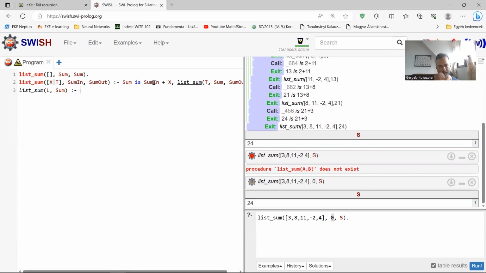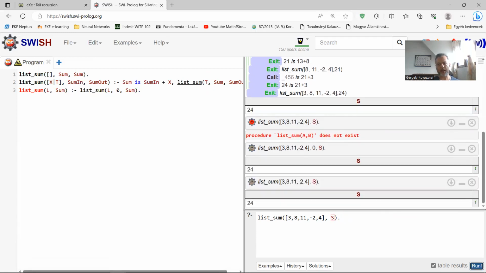And you just delegate this call to the three-arity predicate, which passes 0 as the middle parameter. So basically, I just delegated this call to the three-arity predicate in a very convenient way.